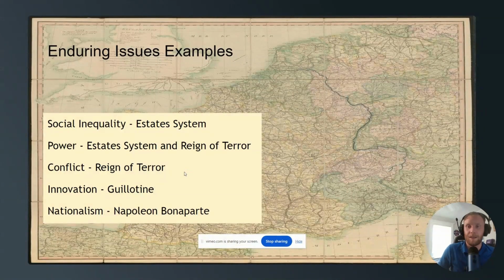And then last but not least, there is a huge side of nationalism with Napoleon Bonaparte. He was a very strong leader. He was a very patriotic leader. He wanted France to do well. He was thinking France first the whole time. So that is a big example of nationalism. And he thought France was so powerful that they should be strong, big, and take over other countries. And he did. Until they took him over.